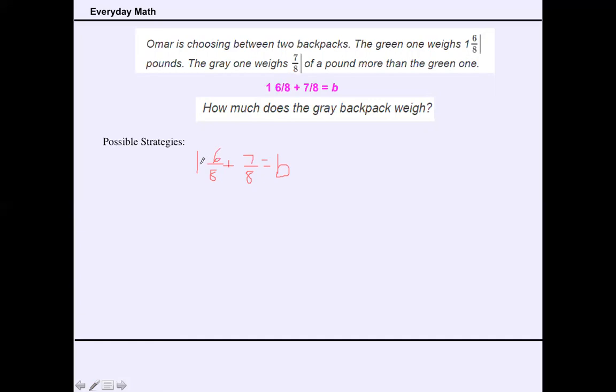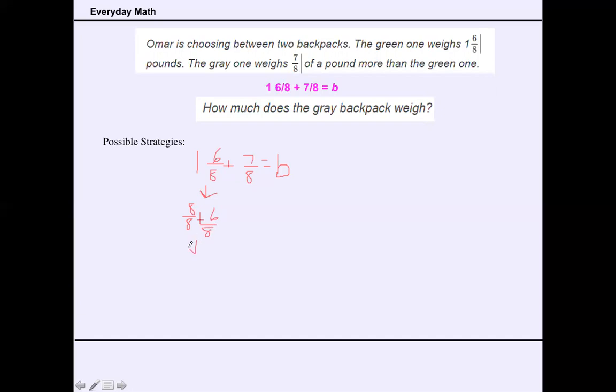Okay, so I know 1 6/8 is the same as saying 1 whole is 8/8, and I'm always paying attention to my denominator because that's going to tell me the whole. So this is 8ths, so I know 1 whole is 8/8 plus 6/8,